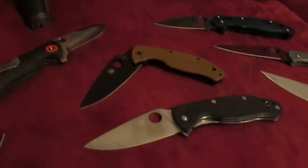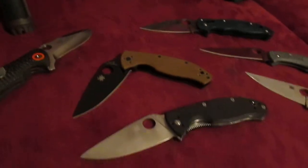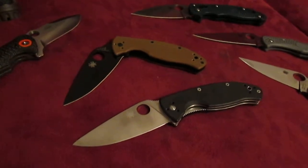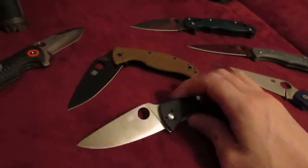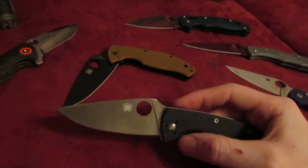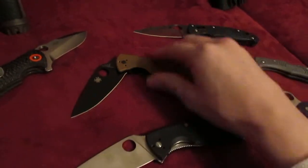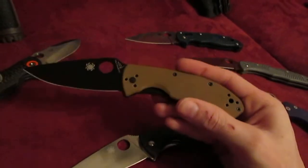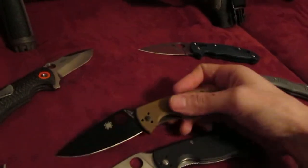But today's video is going to be on the Spyderco Tenacious. I know there's tons out there, but I just had to give my little take on what I think about it. Got two different models here. This is silver blade with the black G10 handles, and this is a black coated blade with brown G10. Really love this model. It's freaking awesome. But